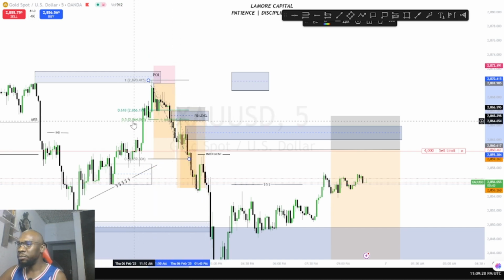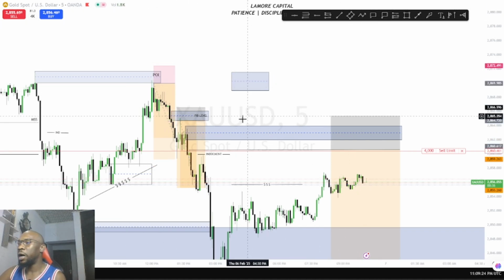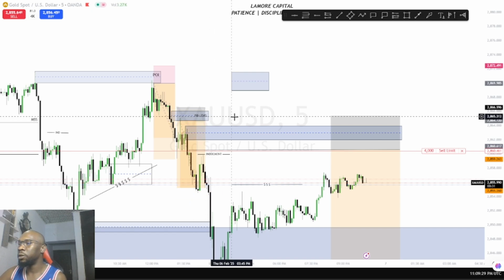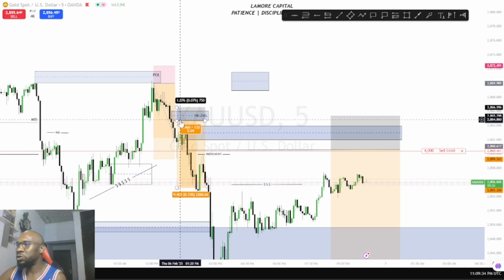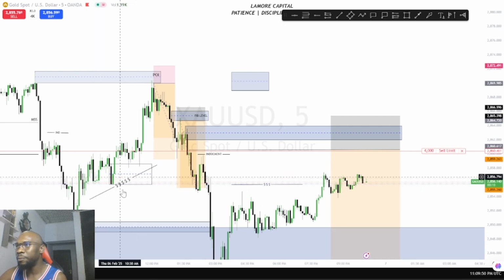And I drew my Fibonacci level, and immediately I put another sell limit here, anticipating that this market would come here, tag me in, and I added some positions too. And we sold this market to this particular place. When we sold the market here, I went out of the market. But I knew that this market was going to clear this whole entire liquidity.